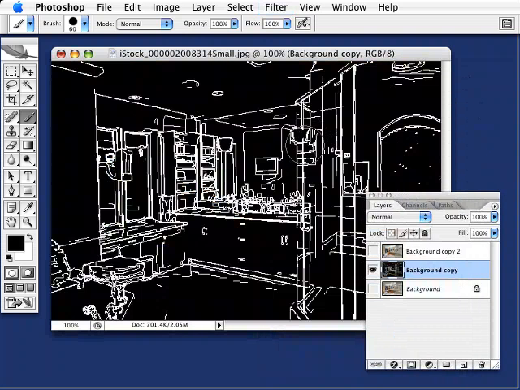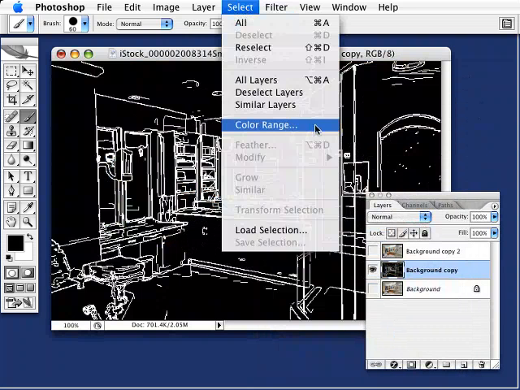Now what it does is it's going to make my image like a reverse line drawing. It's going to make your background area black and the lines actually white. So now what I want is actually for those white lines to be black and also for them to be on their own transparent layer. So the quickest and easiest way for me to do that is to go to Select, go to Color Range,